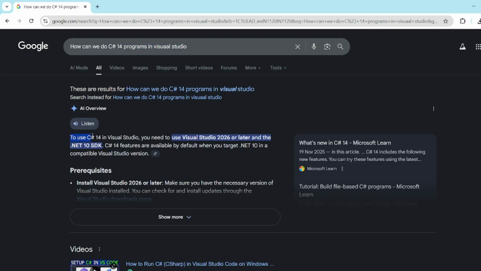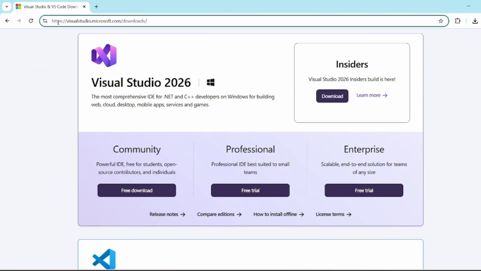To use C# 14 in Visual Studio, you need to use Visual Studio 2026 or later and the .NET 10 SDK. C# 14 features are available by default when you target .NET 10 in a compatible Visual Studio version. So it appears that we need to install Visual Studio 2026 on our machine, and then we can continue doing programs for C# 14. So I came to